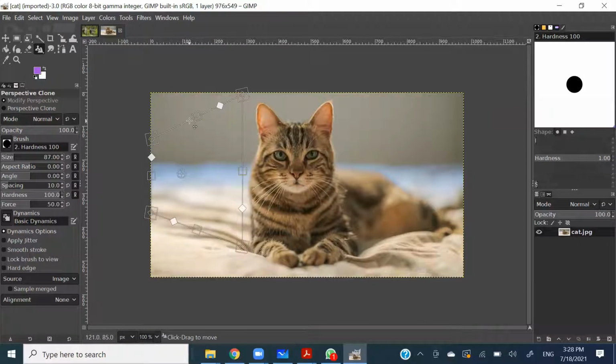Let's say we have set the perspective tool like this, the perspectives like this. Right? So then you can choose this perspective clone option over here, right? And if you take a particular source